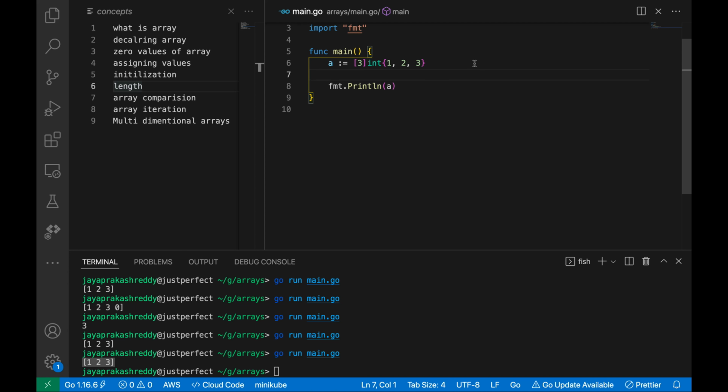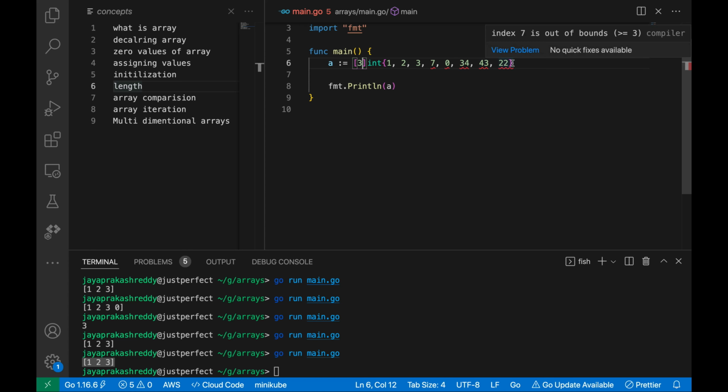Or let's say we have 100 numbers here and you cannot count. Let's say I have 7 0 20 34 43 22, a random set of numbers. I cannot count each and every one. If the numbers are beyond 40, it is hard to count also, right? So that is where, if you want to initialize with whatever number of values you want, to find out